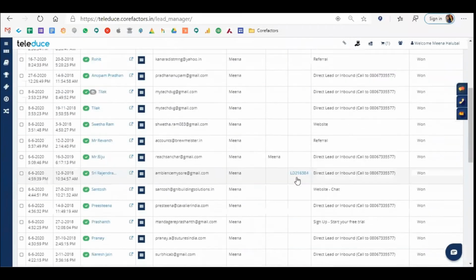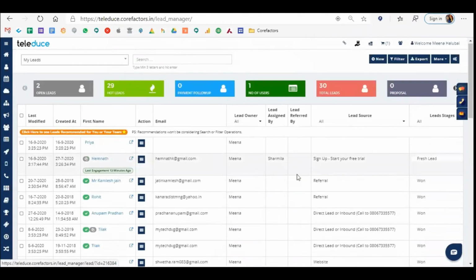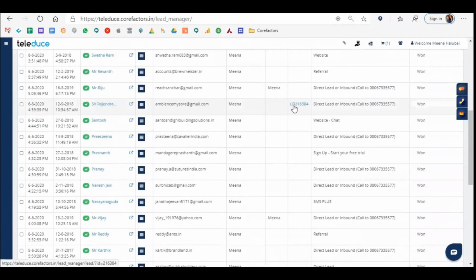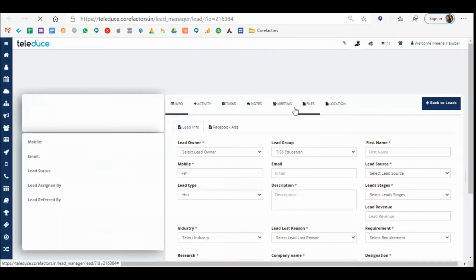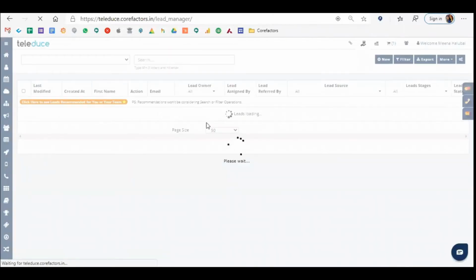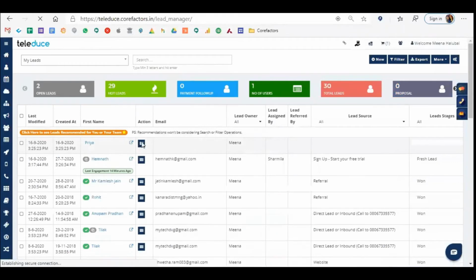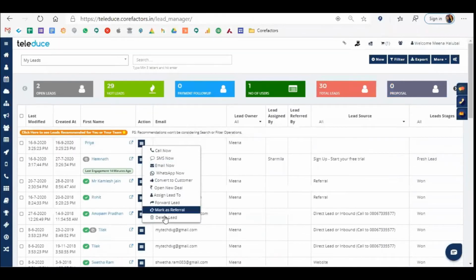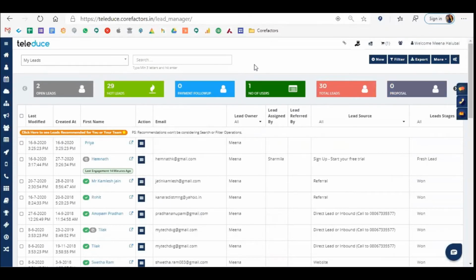Okay. So as you can see, I have marked Mr. Rajender by this lead ID or by this person. Now, if I want to see who has referred this person, I can click on that. I can see that this was referred to me by someone called Pooja. So this information shows me that leads are coming through the reference source also. And in the action items, the last icon is the delete lead. This delete option will be available for business owners only.